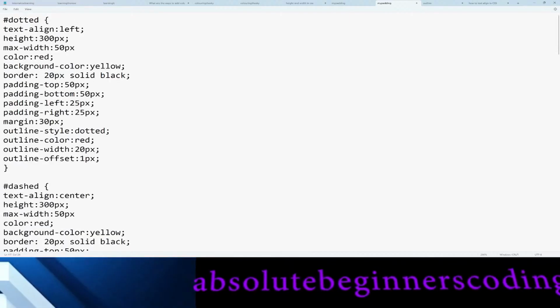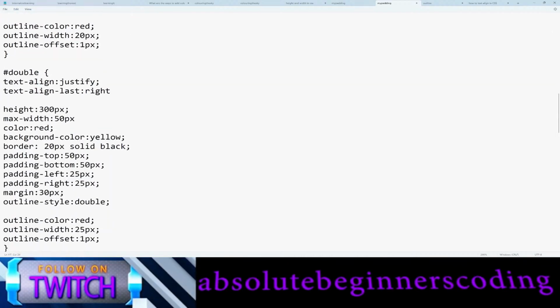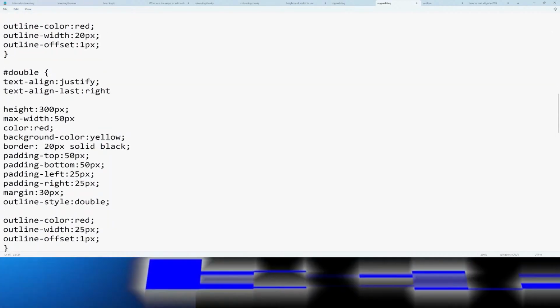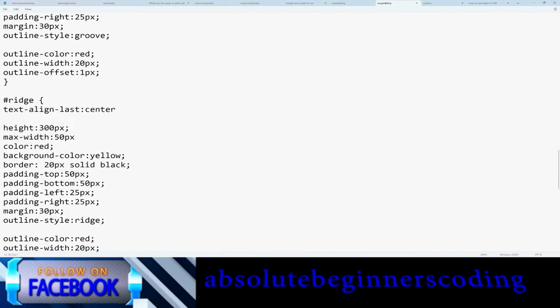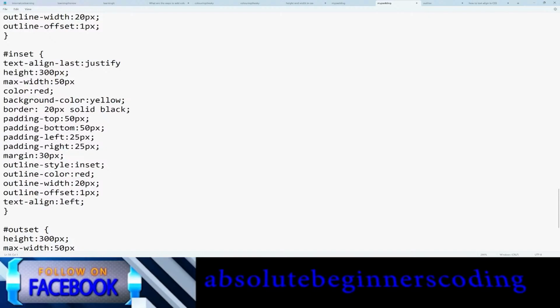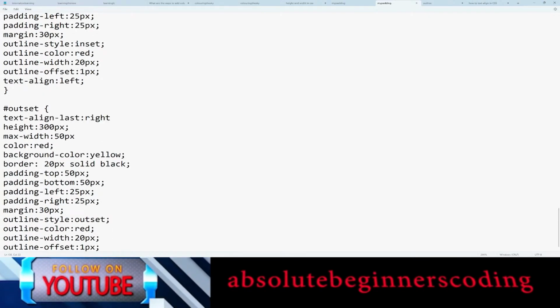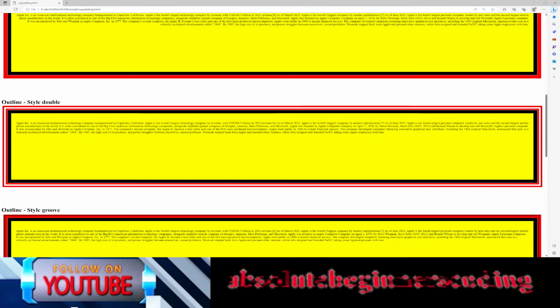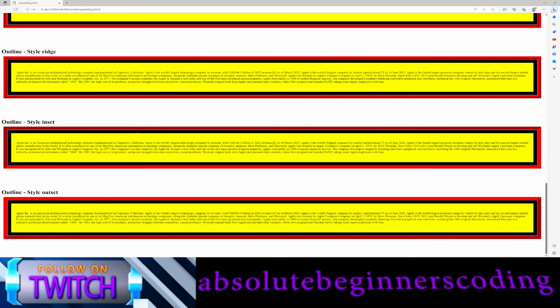Okay, so what I've done is I've used the text-align-last: right in the double, but let me use it somewhere else. Okay, on the outset. Let me save it. So let me go to the actual page. If you can see on the outset,